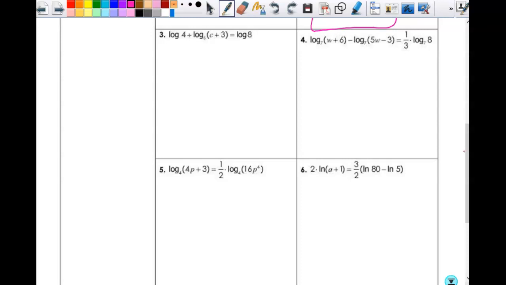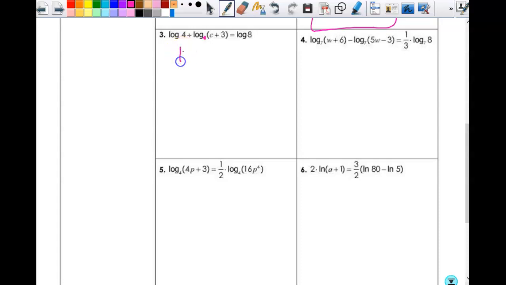So if that happens, I can move some stuff over and condense, but I still wouldn't be able to solve it. This is actually a typo, but it makes for good discussion that if that did happen, I couldn't do it. So we're going to just pretend like that 6 isn't there. You don't get to magically pretend like stuff isn't there, by the way, only if I tell you. There's no special thing to that. So now I can condense on the left-hand side. When I add 2 logs with the same base, what do